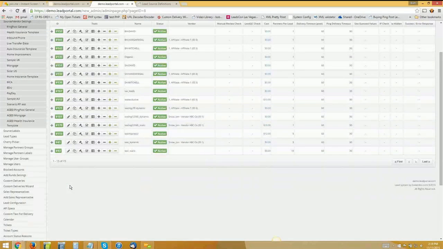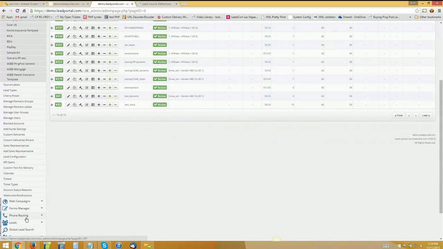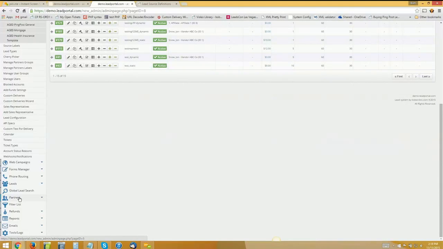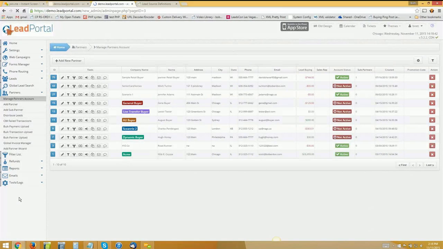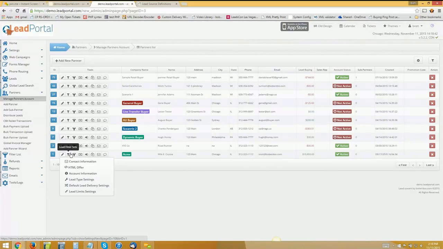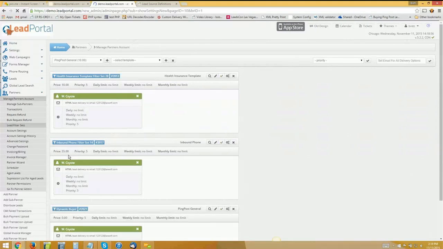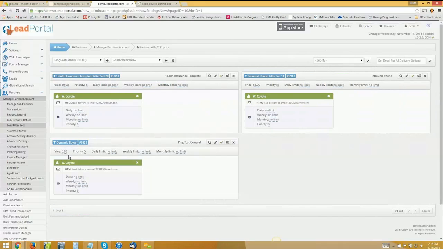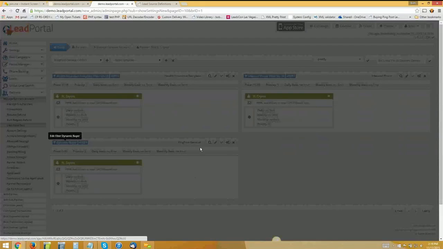So now let's take a look at the buyer setup, or partners or clients, as some of you may call them in your system. So just like you set up a vendor account so they can sell you leads, you're going to set up a buyer account so they can buy your leads from you. Once you set up their account, you're going to have to create their lead filter set. And this is very important since this is where you're going to determine the margin, if you're going to set it there, how they get the leads delivered to them, if they only take certain criteria, and so forth. So when we create this new filter set,